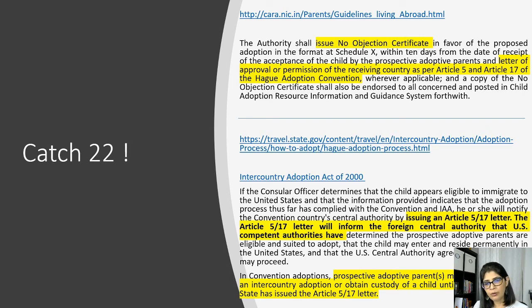the child. To start with, you can't start the Hague Convention process, but even if you do by another process, you won't get this Article 517 letter. So when you discuss your case with CARA, definitely ask them not only about initiating the process, but also about post-adoption, what it looks like during the process, and what kind of documentation they require from